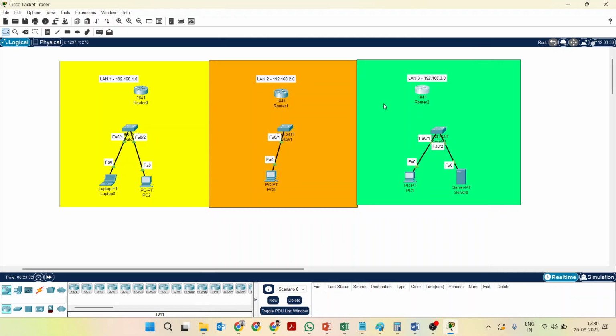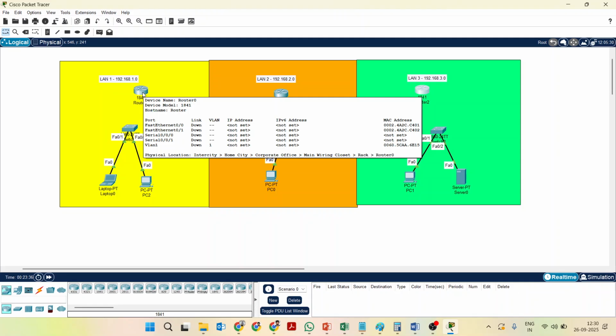Once you have done that, just place the cursor on all these routers. Now tell me how many ports your router has. The fifth one is VLAN, that you can leave. So don't get confused by these numbers, right? You see fast Ethernet. What do you see in fast Ethernet? Something called